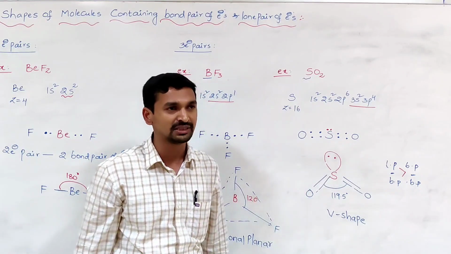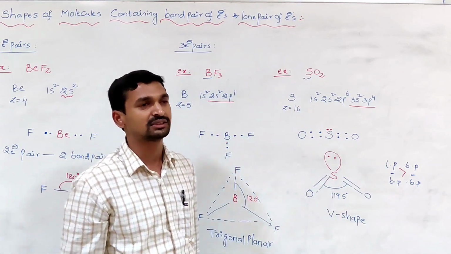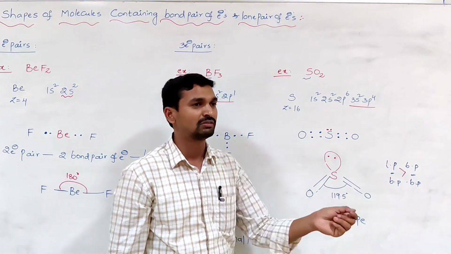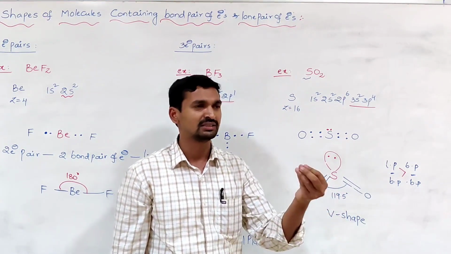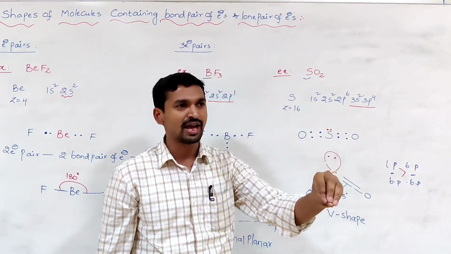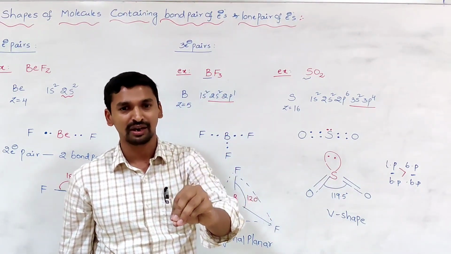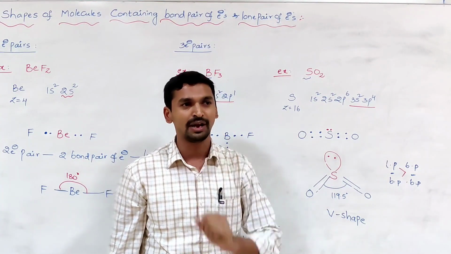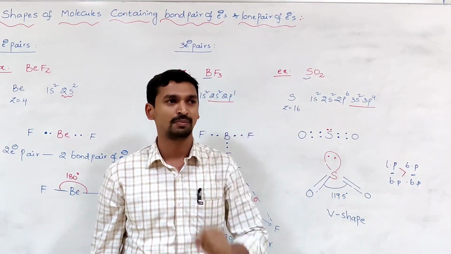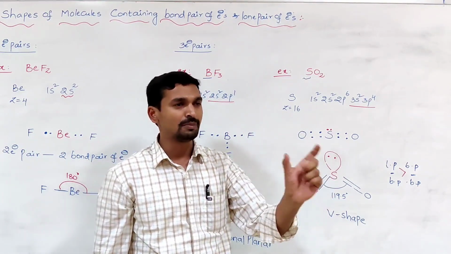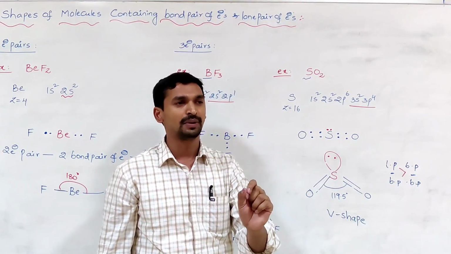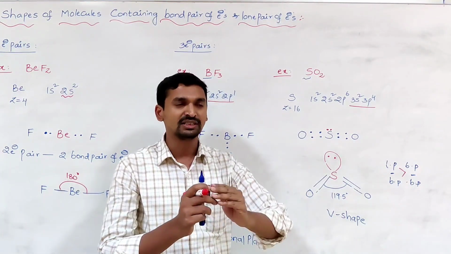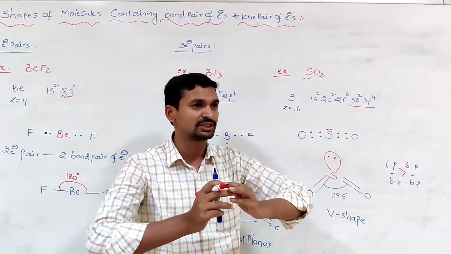Simply we write the reason why the bond angle decreases in sulfur dioxide from 120 to 119.5 degrees. In sulfur dioxide two types of repulsions exist: lone pair bond pair repulsions and bond pair repulsions. The lone pair bond pair repulsions push the bonds close together. Bond pair repulsions always repel the bonds away from each other.